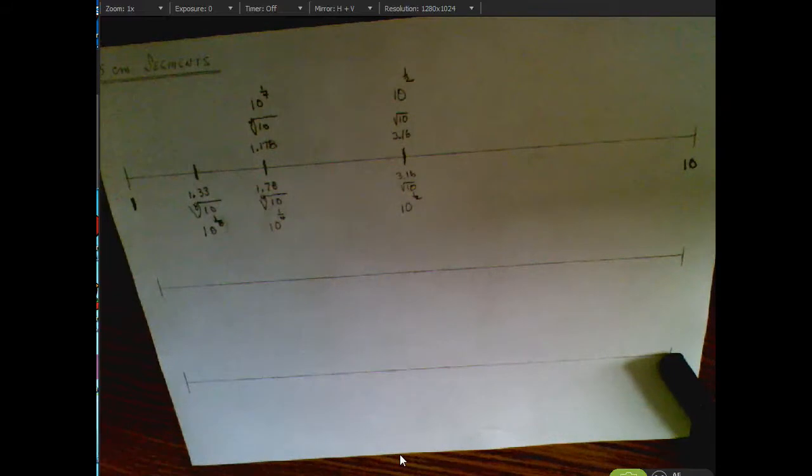What's another way to write 10 to the 1/8? Is it 10 to the 1/4 to the 1/2? Isn't that another way to write it? Or could it be 10 to the half to the half to the half? That would be another way to write it. We see the pattern going on here? Let's stop for a second and think about it. Could I keep doing this process indefinitely to get markings on my scale